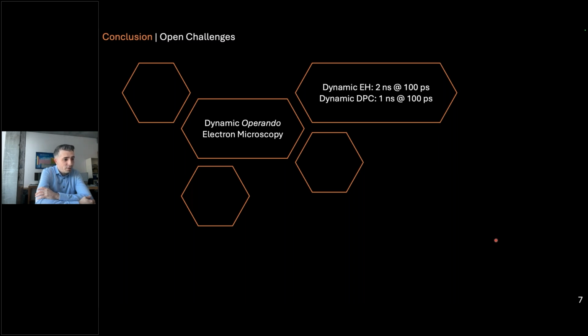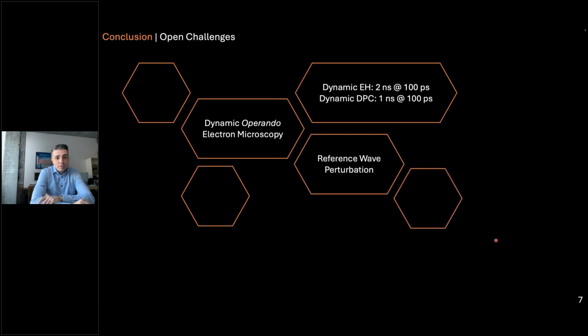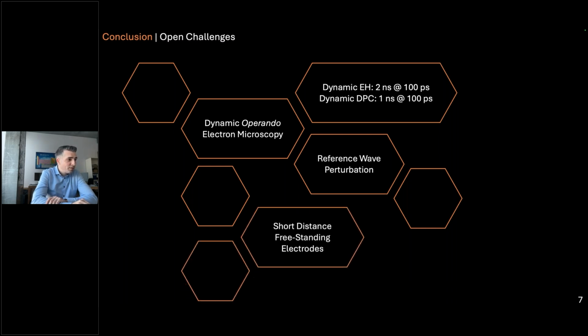we are building a new detector, a new detection readout, and trying to go to similar timescales to what we are achieving at the moment with dynamic electron holography. The other problem which we saw for electron holographic investigations was, of course, the modulation of the reference wave, which is at the moment very good to handle if we have a model of our specimen, but there is also progress running in the background. So we came up with something called the reference window, where we cut in a tiny window to kind of shield the reference wave. This is a very promising approach, but for me, the biggest elephant in the room is